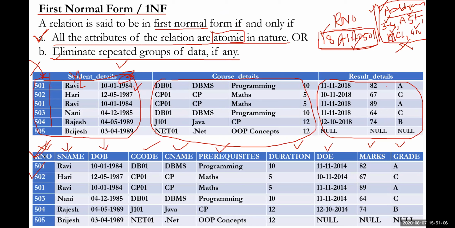Here we defined all these column names, but we haven't defined any key attributes, that is, primary key or candidate key attributes. We just named each and every column, that's all. First normal form cannot identify any key attributes or relationships or anything else. It only resolves whether your data has repeated groups, and whether the data within each cell has a single value or not. Only these two are taken into consideration by first normal form.